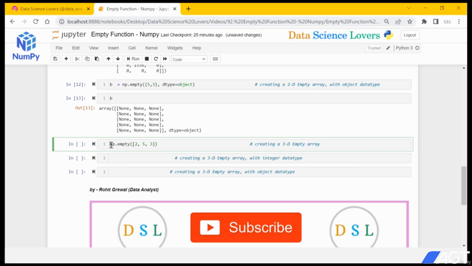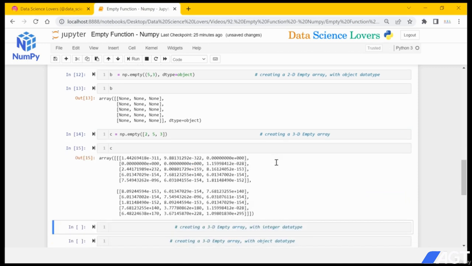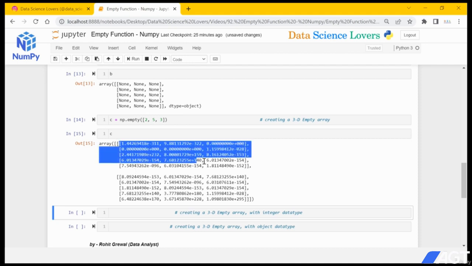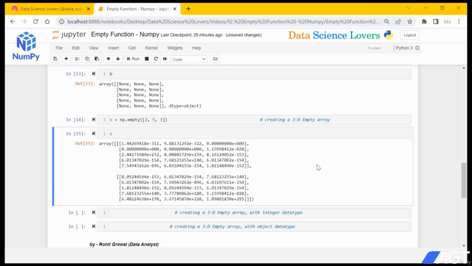We will save this in a variable named c, and if we print c, you can see it is a 3D array with all values in float format by default as per our definition. And there are 2 matrices. This is our first matrix and this is our second matrix,